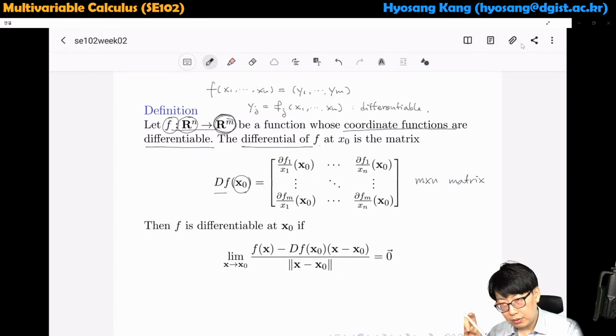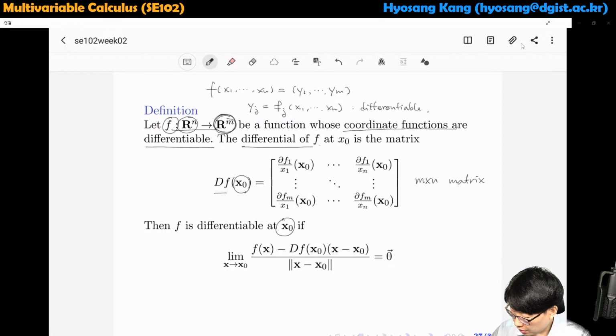The reason why we took this size is that we usually take the vector as a column vector. So if you conventionally decided to use your vector as a row vector, then this m and n will be switched. But in many textbooks, they use the column vector as convention, so we use this size m by n. So anyway, we have a differentiable at this point if and only if the limit